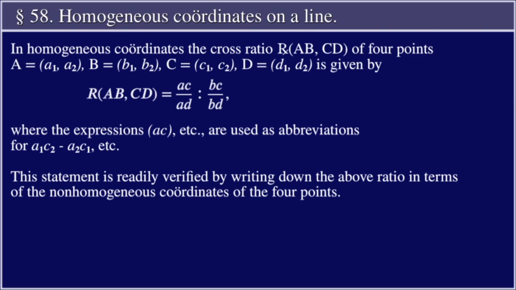In homogeneous coordinates, the cross ratio R of AB, CD of 4 points, A equal to A1, A2, B equal to B1, B2, C equal to C1, C2, D equal to D1, D2, is given by R of AB, CD is equal to AC divided by AD divided by BC divided by BD, where the expressions AC, etc., are used as abbreviations for A1C2 minus A2C1, etc. This statement is readily verified by writing down the above ratio in terms of the non-homogeneous coordinates of the 4